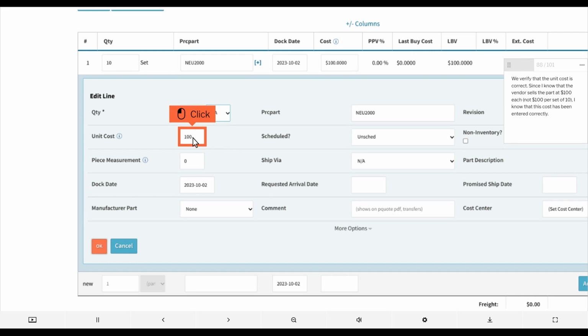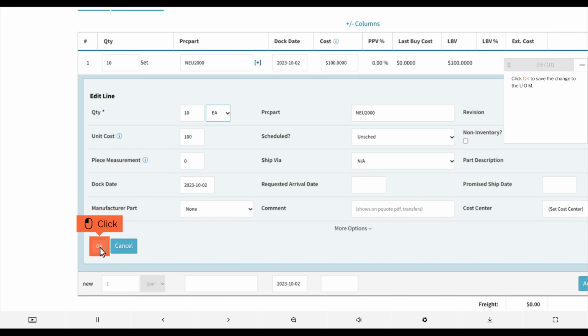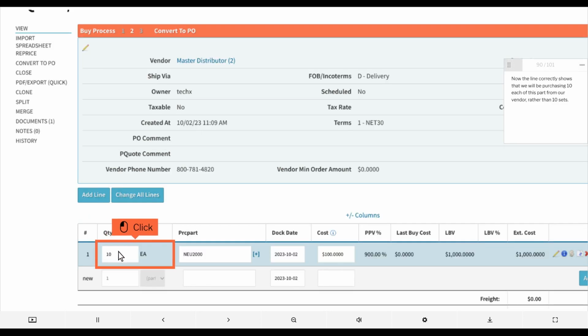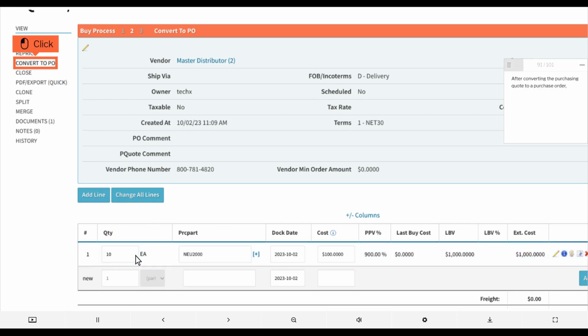Since I know that the vendor sells the part at $100 each, not $100 per set of 10, I know that this cost has been entered correctly. Click OK to save the change to the UOM. Now the line correctly shows that we will be purchasing 10 each of this part from our vendor, rather than 10 sets. After converting the purchasing quote to a purchase order,